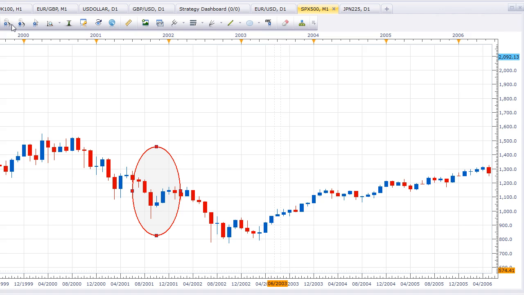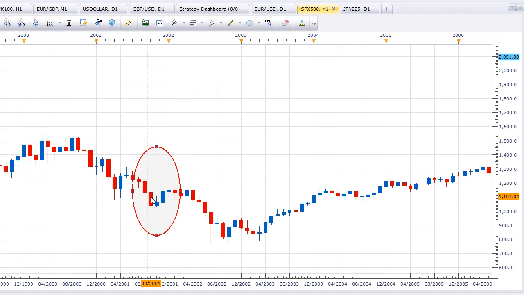The piece of news in this case is the 11th of September 2001 Twin Tower attacks, the terrorist attacks on the United States capital. So we are looking at this particular chart because this is the Standard & Poor 500, and it represents sentiment in a big way for US equities and further afield. I've circled the area in red. You see the candle here for September 2001. This is the monthly chart, okay?